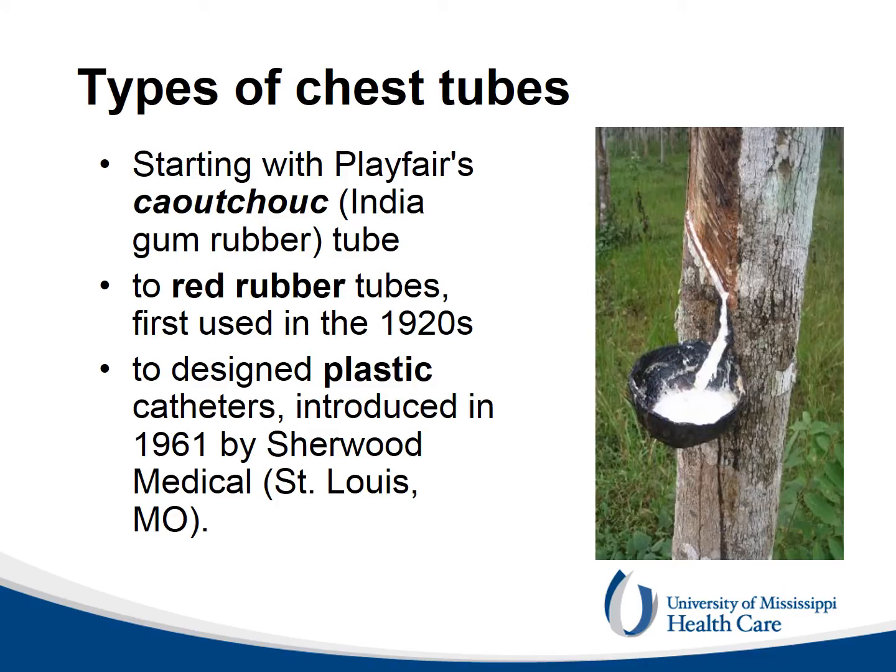The ideal chest tube needs to be soft and needs to retain its original shape at body temperature. It should be resistant to the formation of blood or fibrin clots. The first chest tubes were made out of caoutchouc, later out of red rubber tubes, and finally out of PVC, plastic or silicone.